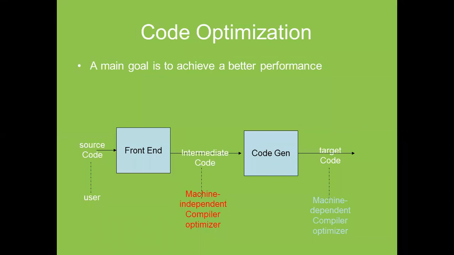What is the optimization? At each phase, we will apply the optimization. Means we want to enhance the efficiency of the compiler, or we can say the better performance of that. Our goal is to enhance the speed of the compiler as well as to reduce the space requirement. Okay, sometimes we occupy the space of the main memory unnecessarily.